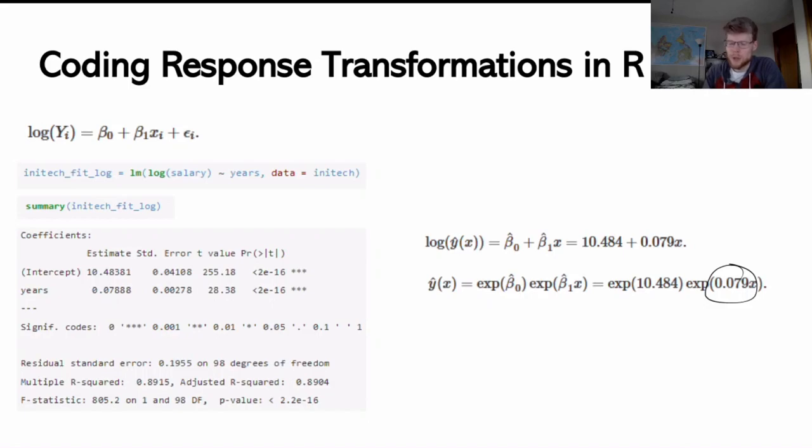Because since this is no longer an additive term, I can't just say that we're expecting y to increase by 0.079 for every 1 unit increase in x, because now this is all wrapped up in this multiplicative expression. So I want to mention how we'd interpret the slope here. For every 1 unit increase in x,